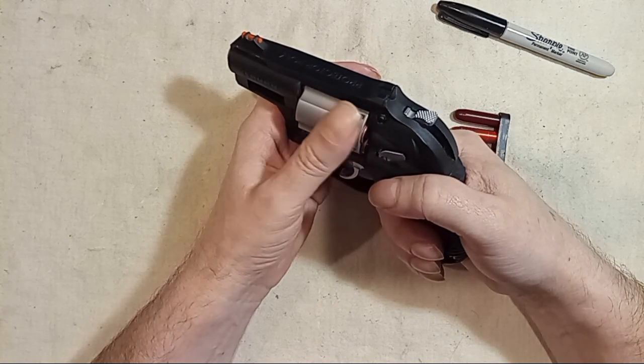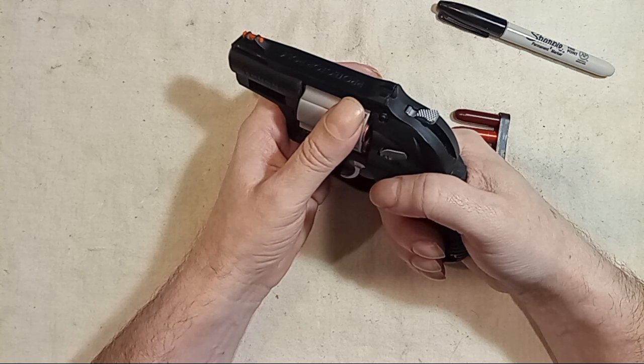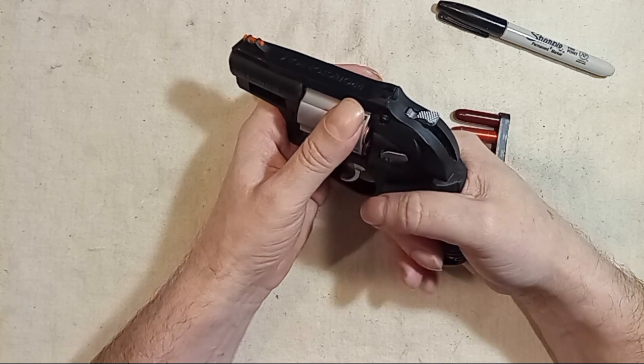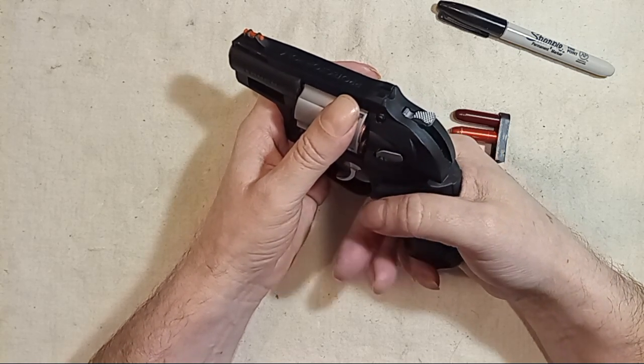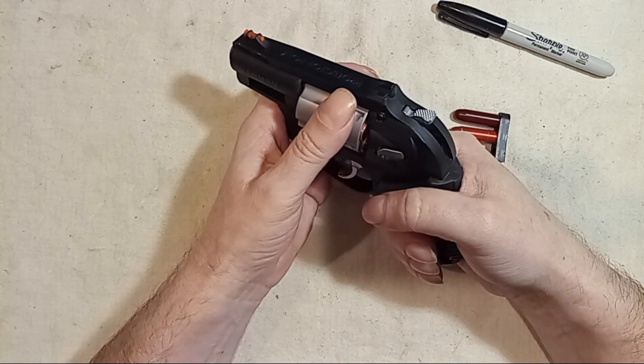You could end up in a lot of trouble in court and even be in prison for the rest of your life for chasing down somebody, even if you were the hero. And some people say, well, at least the bad guys, at least I shot them and they're not around anymore. Well, they're not around anymore, but if you're in prison, you're not around anymore for your